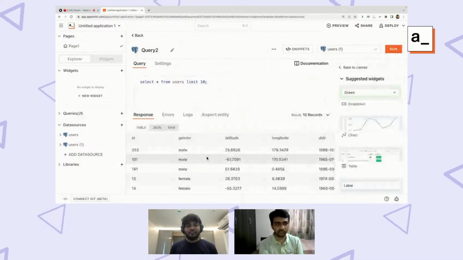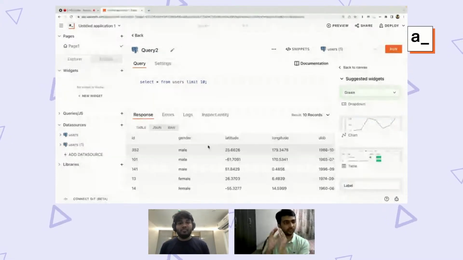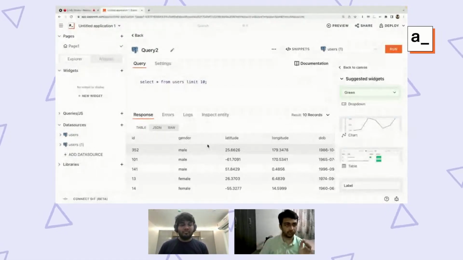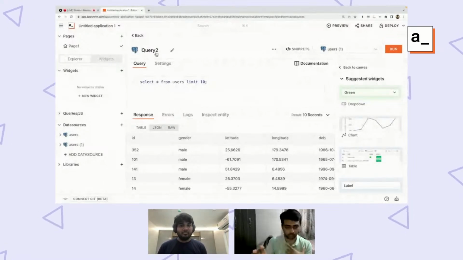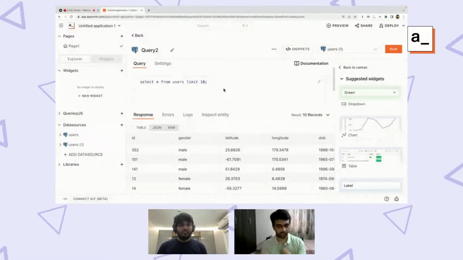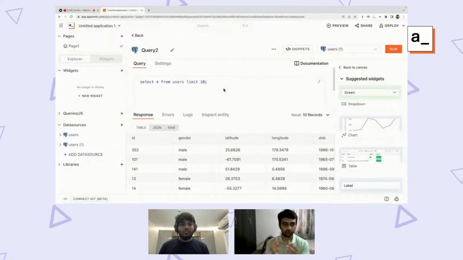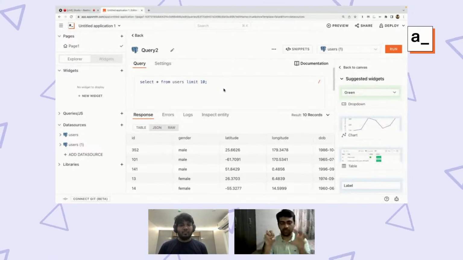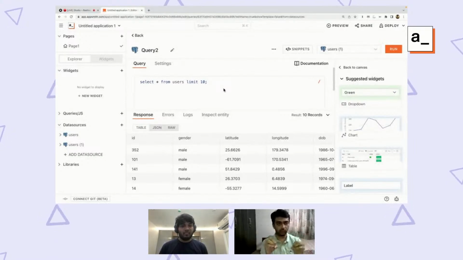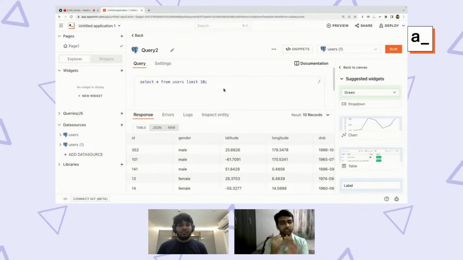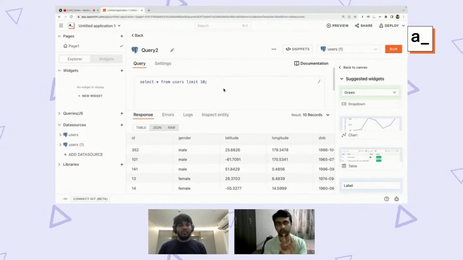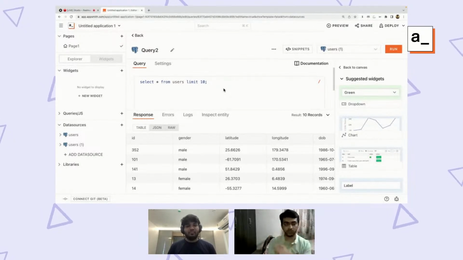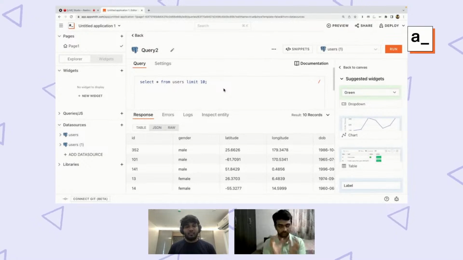What happened behind the scenes is basically, okay, there is this data source called users1. There is this query called query2. Send this query to the backend and relate it with the users1 data source. And the backend's proxy integration that I talked about picks up these two pieces, the users1 database and the query2 SQL query, and sees the database information, like what's the host, what's the username, what's the password I need to connect to, establishes a connection to it, and runs the SQL query,